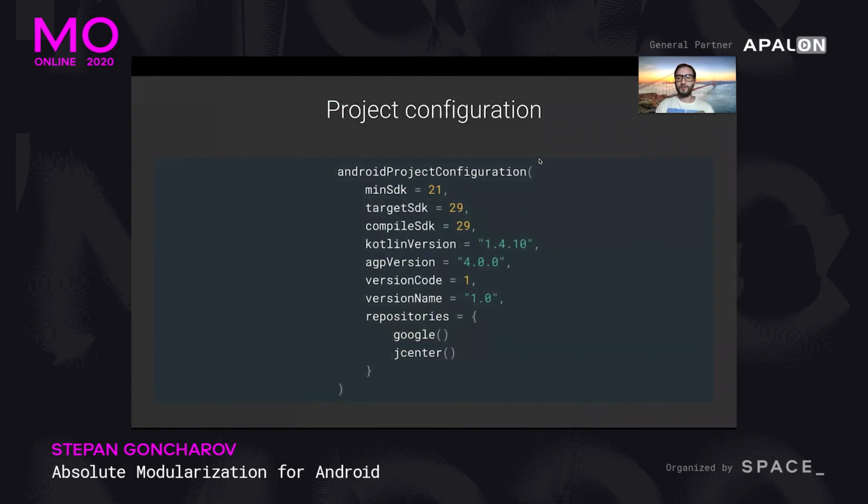And this is pretty much how you can specify project configuration. So this is, I can say, like half of just an example. And the second half, there is actually a real implementation underneath. So you can see this is pretty much everything that you want to supply to all the modules in your entire project. If you're talking about Gradle, that is like minimal SDK, target SDK, Kotlin version, Android plugin version,